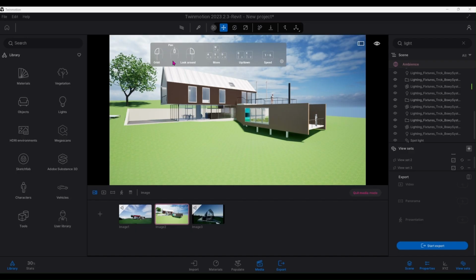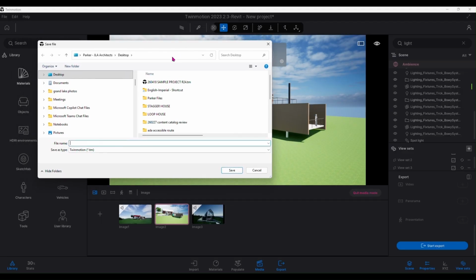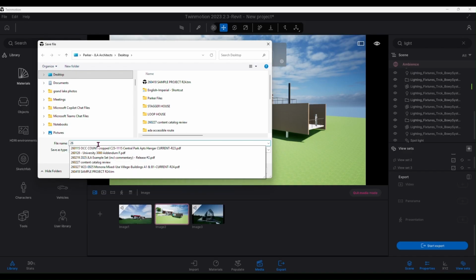All right, another item is just to save all your settings. So you can save out a separate Twinmotion file or a TM file, .tm,